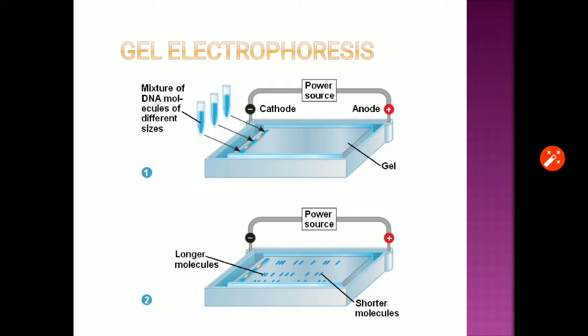Now this is the process which is showing how we'll put the anode on the other side, and there is the DNA segment. The longer molecule, that is, the denser one, will stay towards the port from which we have fed it, and the lighter it is, the farther it will move, that means towards the other end.